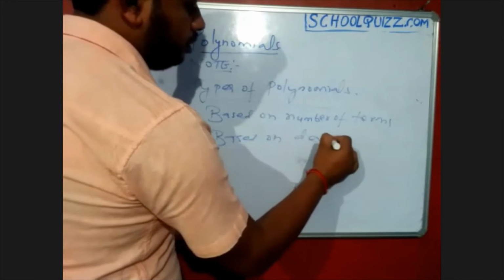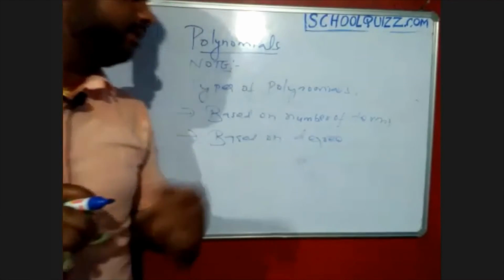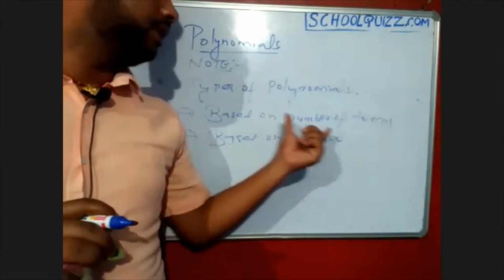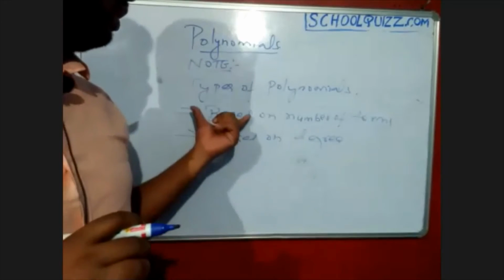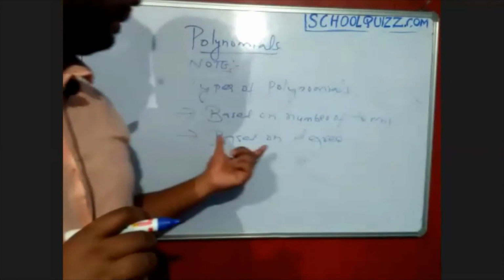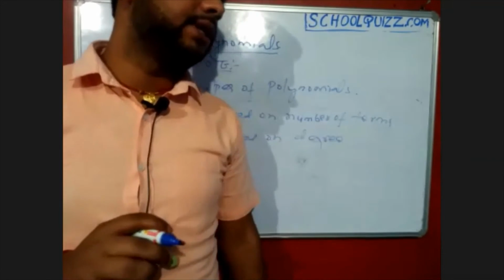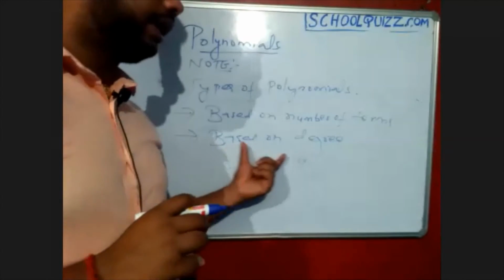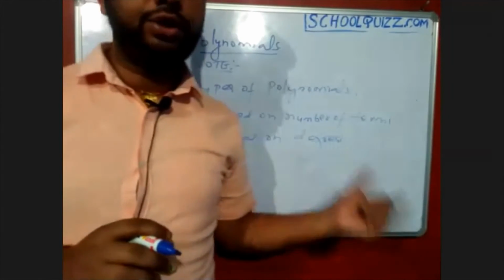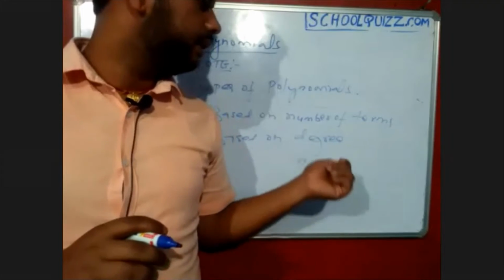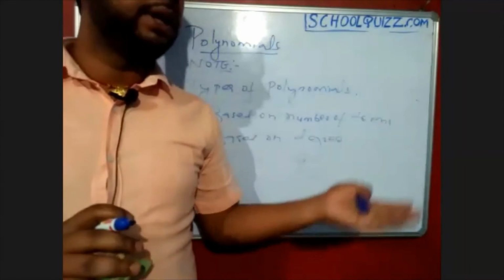Okay, so polynomials is divided in terms of two things. One is based on the number of terms, how many terms are there in that expression. Based on that, they will say the name of the polynomials, and the next one is based on the degree of the polynomials. So if it is degree 1, we can call it as a linear polynomial. If it is degree 2, that is a quadratic polynomial, and if it is degree 3, then we call it as a cubic polynomial. Biquadratic, like that they will say.